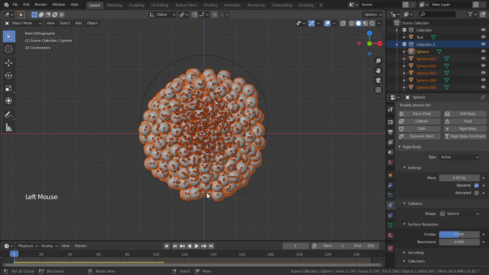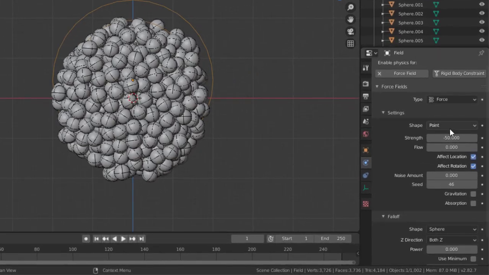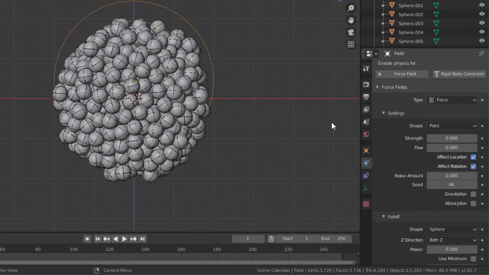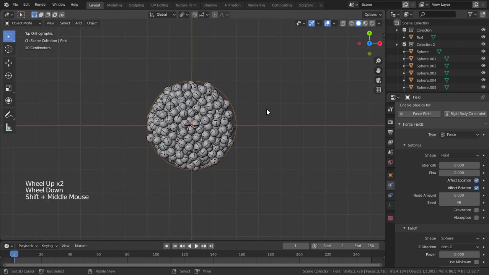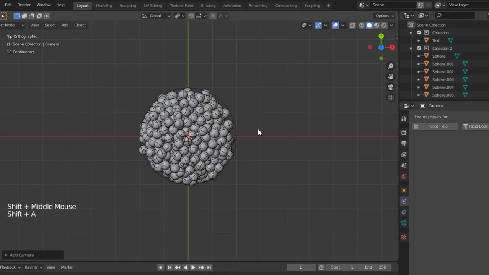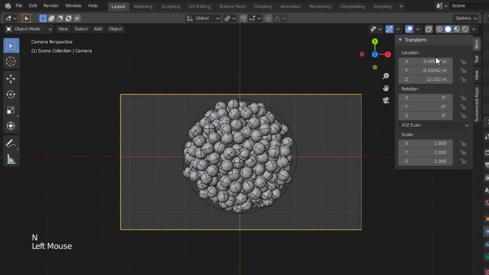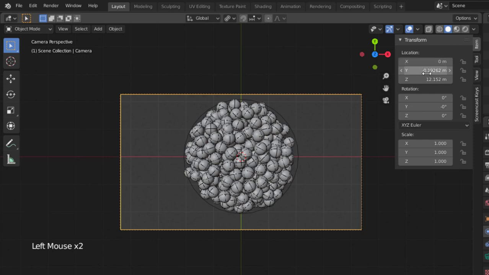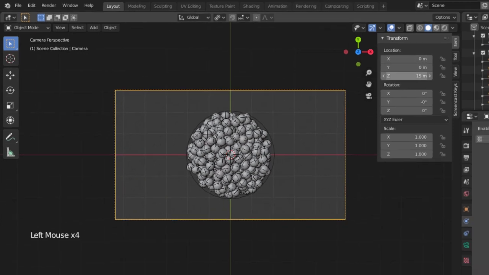After that, select the force, and change the strength value of it to 0. Now turn your viewport into top view, and add a camera. And hit the following keys to place it in the top view. Now open the Properties region panel, and place the camera with following X, Y, Z axis values.